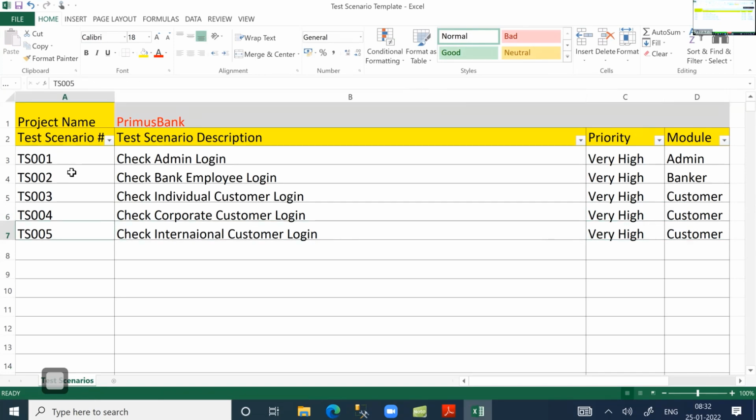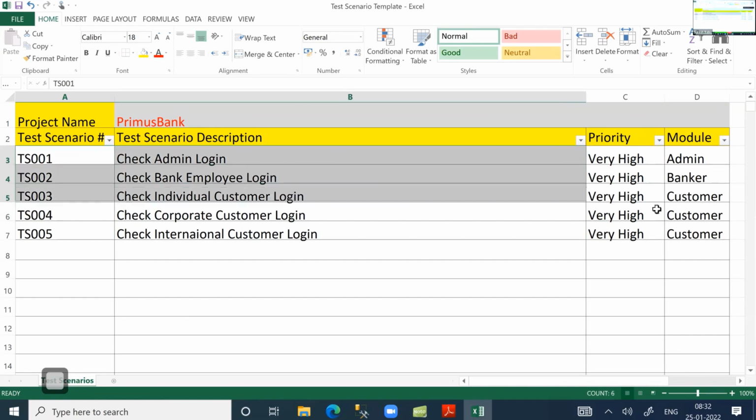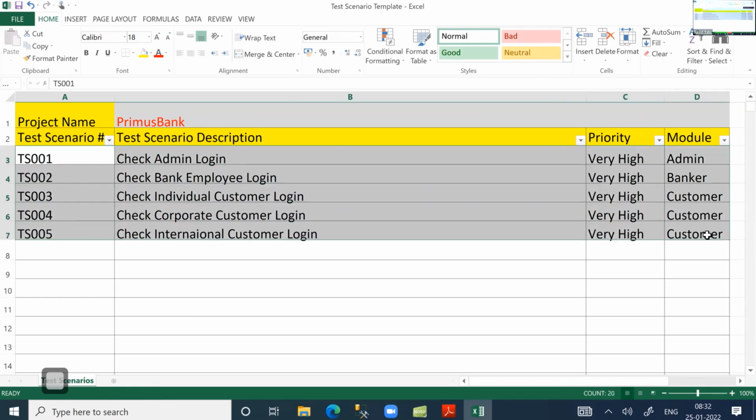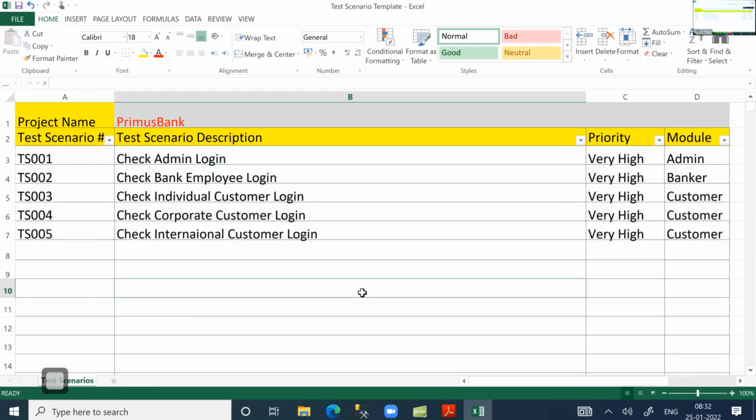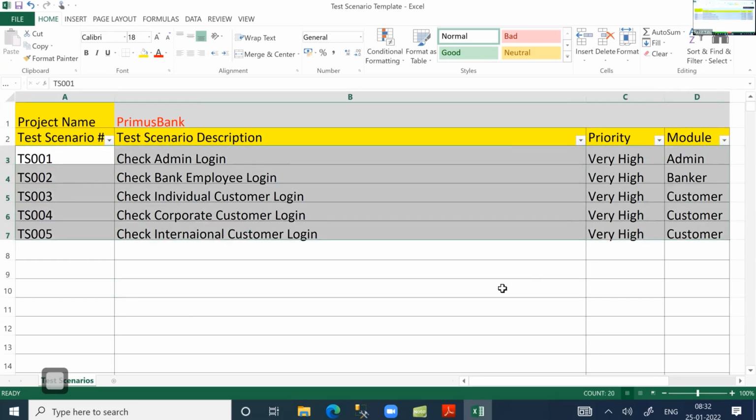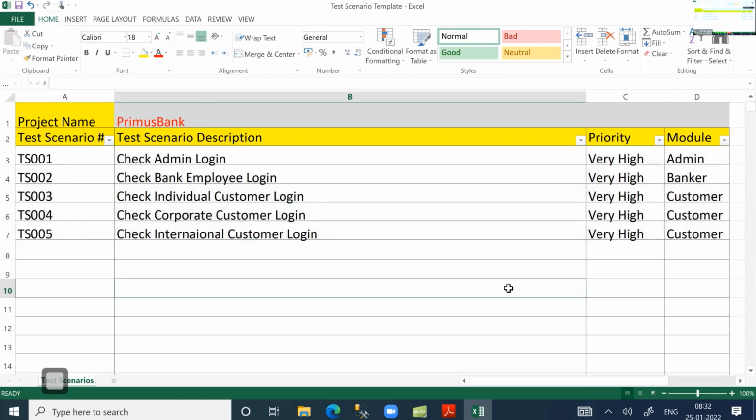Here I have listed, documented, majorly what are the functionalities to be tested in the home page of the product. In the home page, we have some content, and apart from that, we have a login section. Admin can log in, employees will log in, customers will log in. So precisely I have documented what to be tested, what to be verified in the home page of the product. Majorly, these are the 5 functionalities to be tested in the home page of the product. Also,